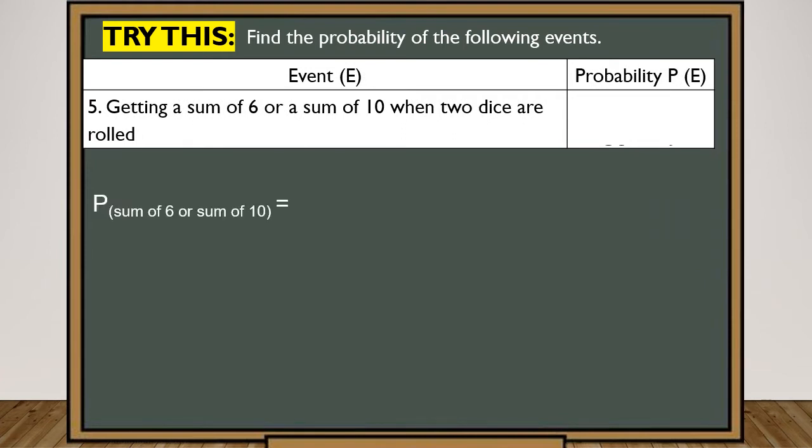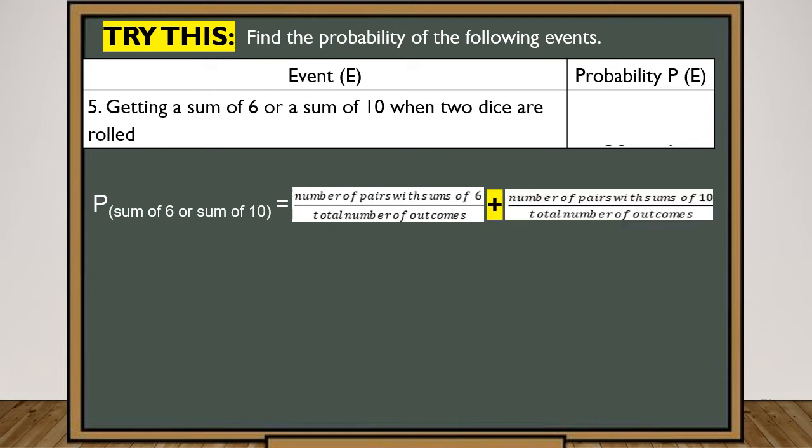So you will have the probability of a sum of 6 or a sum of 10. We will have this formula: the number of pairs with a sum of 6 divided by the total number of outcomes, plus the number of pairs with a sum of 10 divided by the total number of outcomes. From the previous slide, the probability of getting a sum of 6 is equal to 5 out of 36 total outcomes, and the probability of getting a sum of 10 is